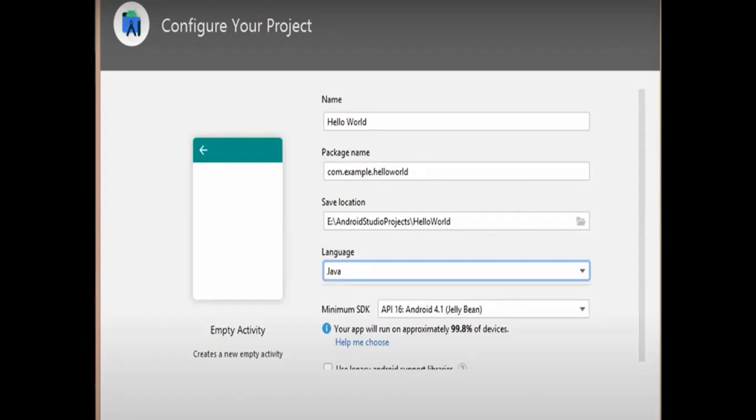So Kotlin is also feasible, and you can also select Java. I'm going to be using Java in this session, so I'm selecting Java and then clicking on finish. So this is exactly how you can install your Android Studio.